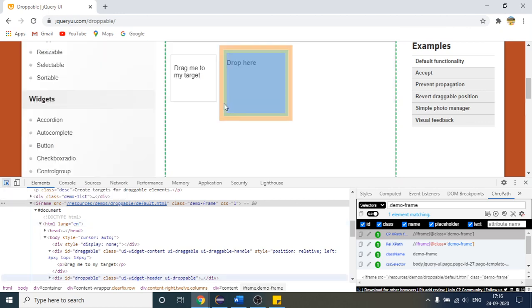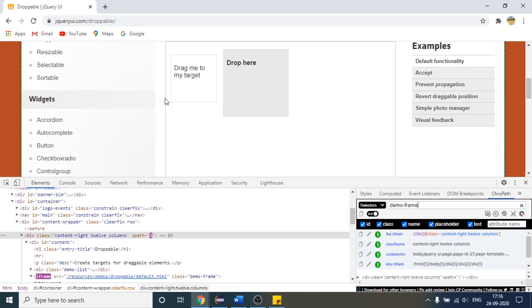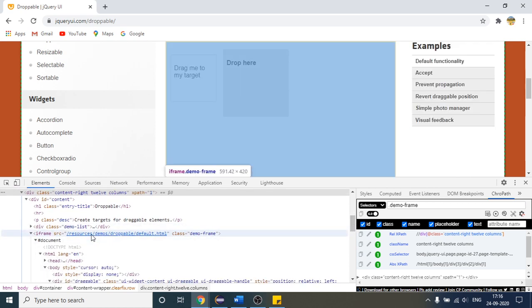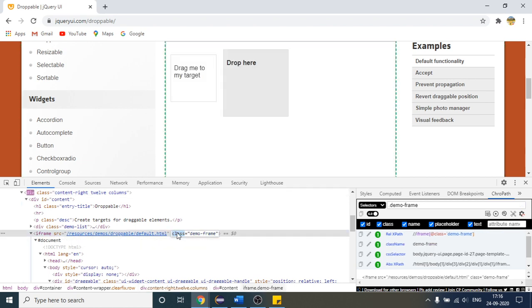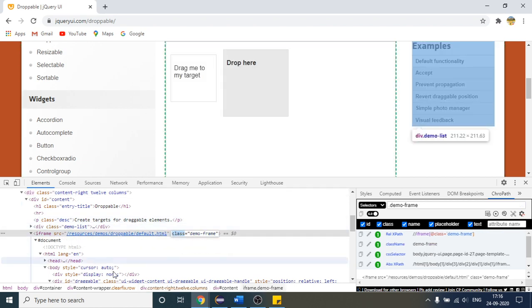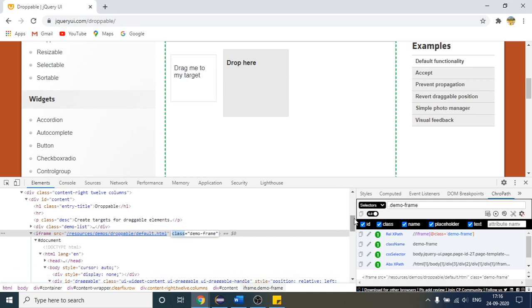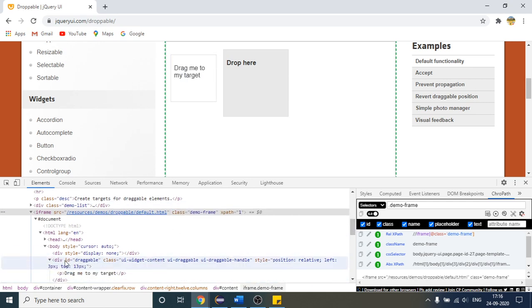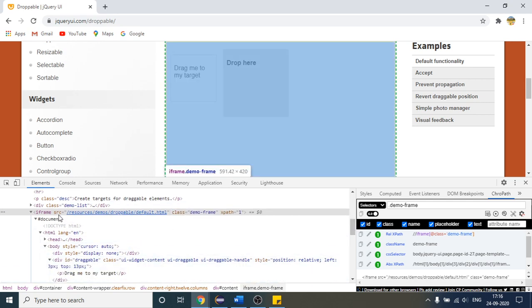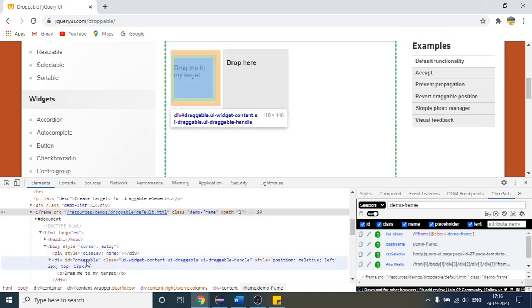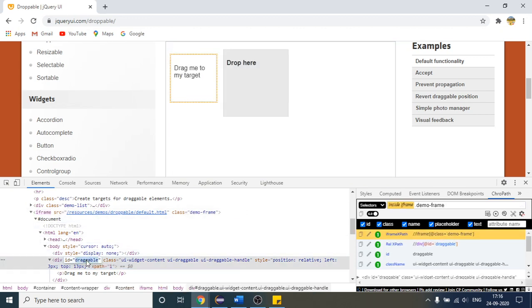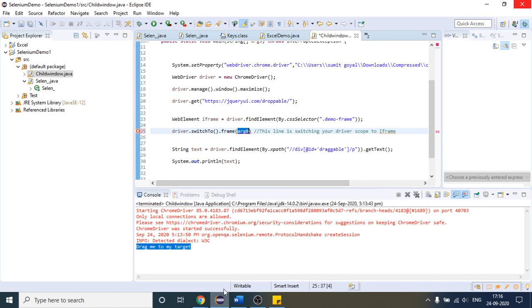You can see, if you click this iframe and try to select that iframe, it is selecting, but here you can see that the id attribute is not present. The class attribute is present, and suppose an id attribute like this one, suppose id equals draggable is present here on that iframe. Then we can use the value of this id here.